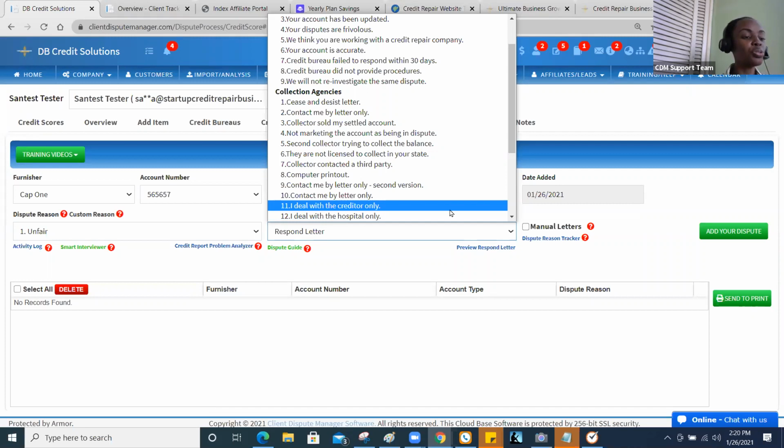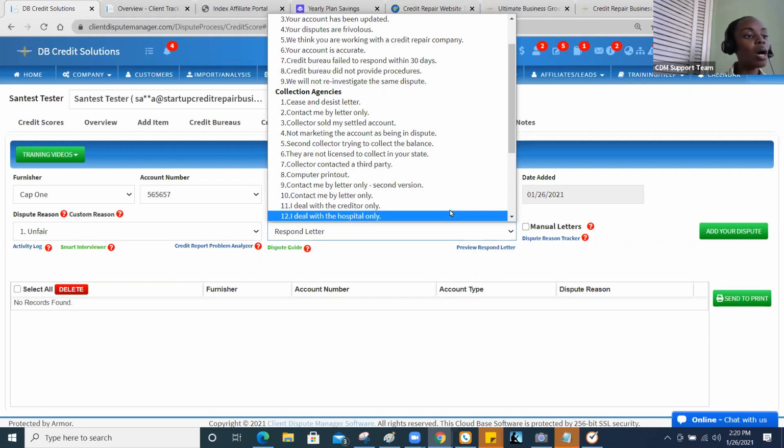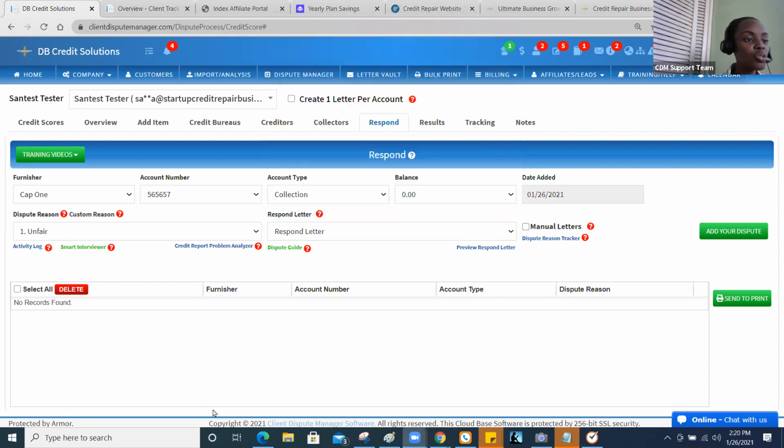I want you to think critically when it comes to what you're about to send out in terms of your disputes for your clients, because sometimes we might think, oh, let's use the same letters and the same reason for all of the clients. No, every client is going to be different. So you have to remember that you might have to tweak your letters. Go in there and edit it if you have to so that you can get the best results for your client. It might take a little bit of time, but that little time that you spent to analyze the information